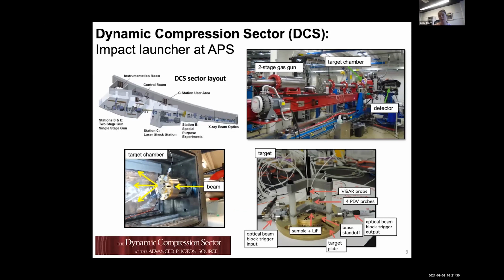So the dynamic compression sector, as I mentioned, is a recent addition, a new beamline at the Advanced Photon Source located at sector 35. And the DCS provides a range of experimental stations that couple different dynamic loading platforms with synchrotron X-ray diagnostics. So today, I'll talk specifically about experiments that were carried out in the gas gun or impact launcher station